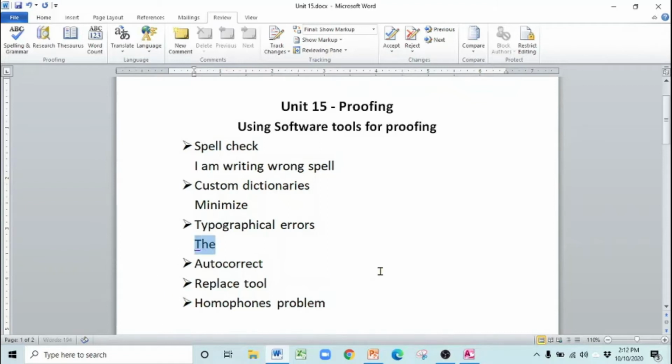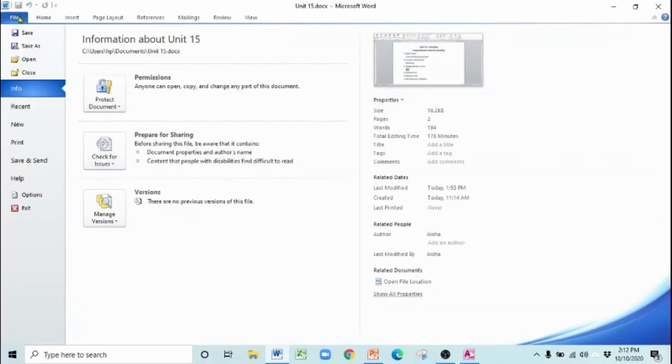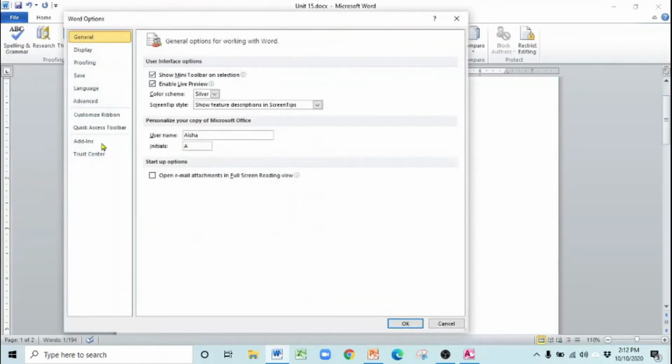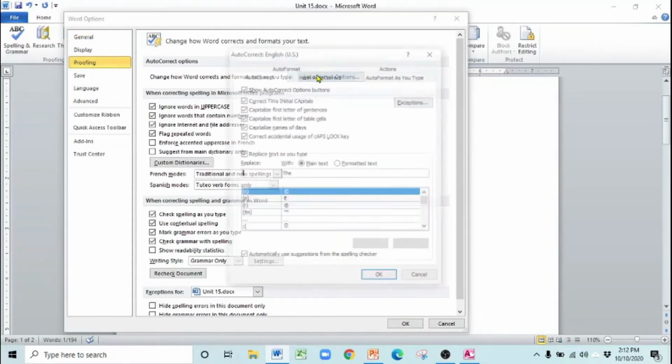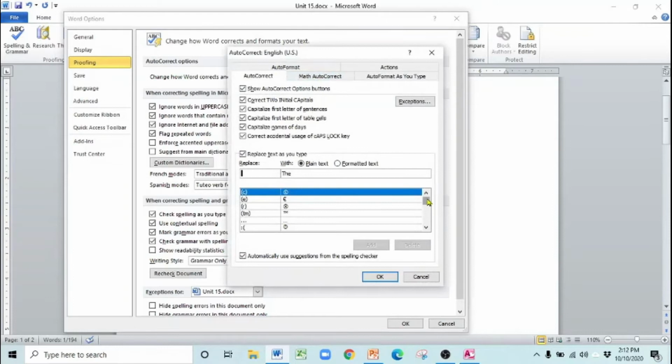It is auto corrected. Okay, some of the words are auto corrected. If you want to add some words in the autocorrect option, you can do that. How can you do that? Again, go to the file menu, click on options, okay, click on proofing, and from here click on autocorrect options. Here are many words written over here. For example, if I have by mistake written INCLUD, it means the E is missing, so it will automatically replace it with the E.